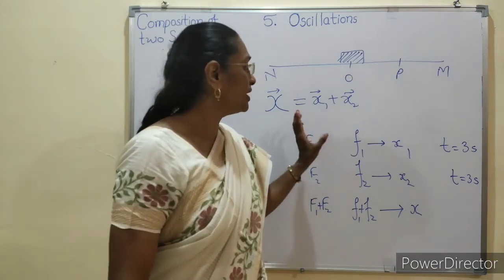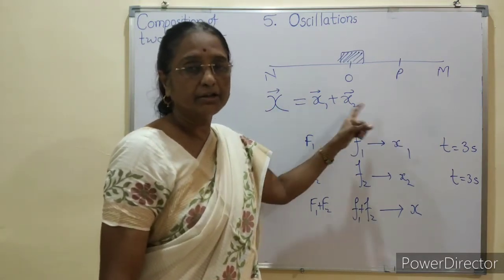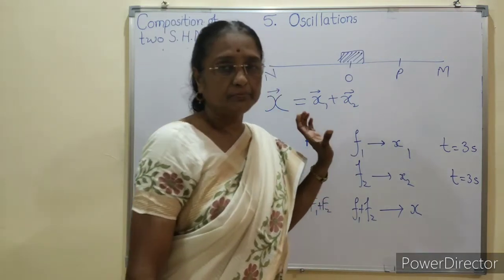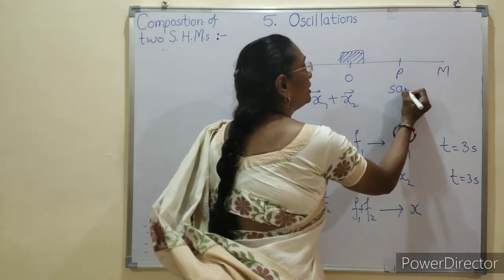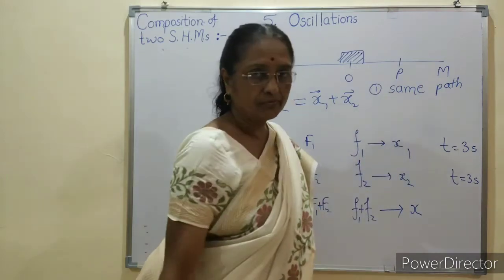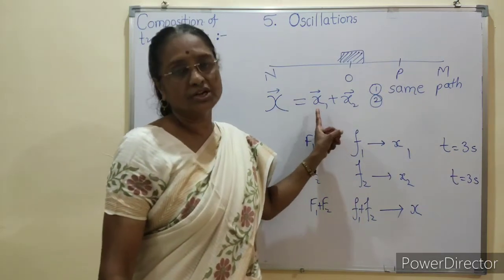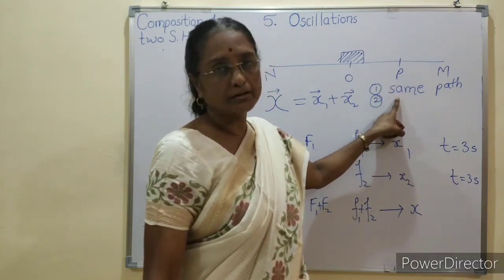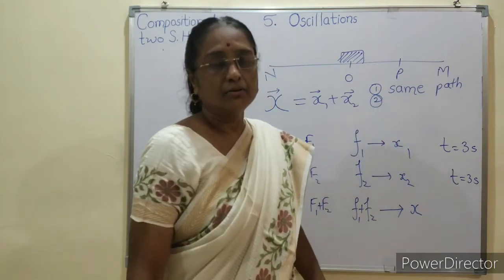Now we have to obtain the relation for the displacement, related initial phases, amplitudes, but for the study in our scope of syllabus it is related to the S.H.M. which occurs on the same path. This is our first condition. There are so many conditions to obtain such resultant S.H.M., but we have to consider one simple relationship for the combination or composition of two S.H.M.s. So first condition is same path,